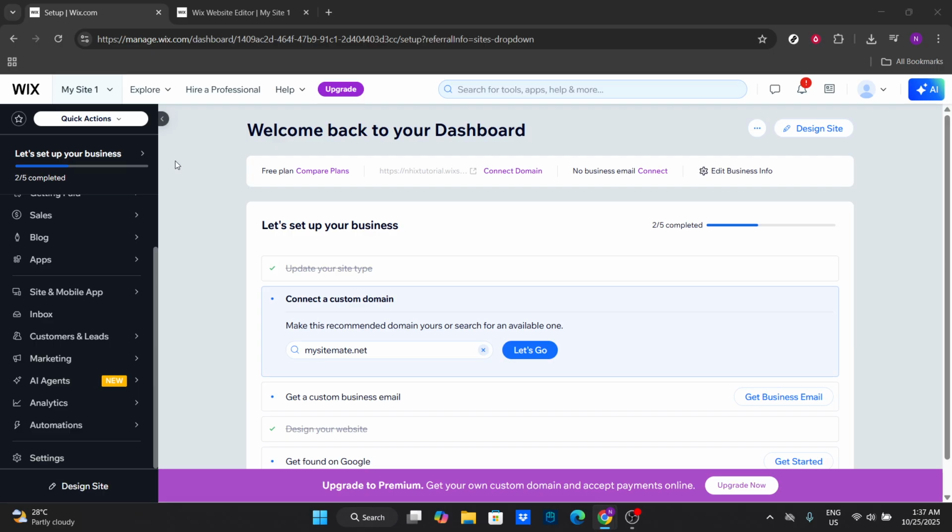To begin, navigate to wix.com and log into your account. Once you've logged in, you're directed to your site's dashboard, a central hub where you can manage everything related to your website. From your dashboard, look for and click on the Design Site button. This will take you directly to the Wix editor, where you can make visual and functional changes to your site